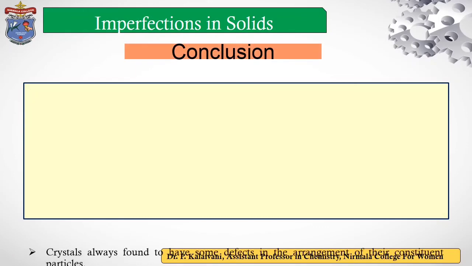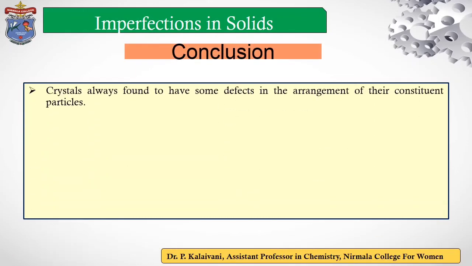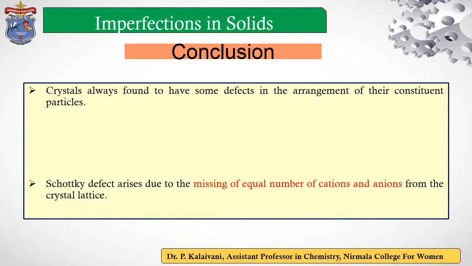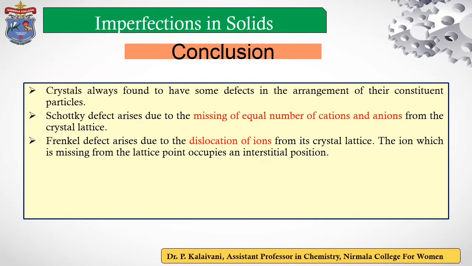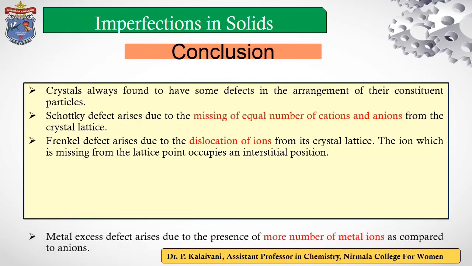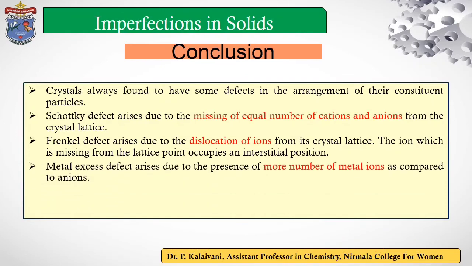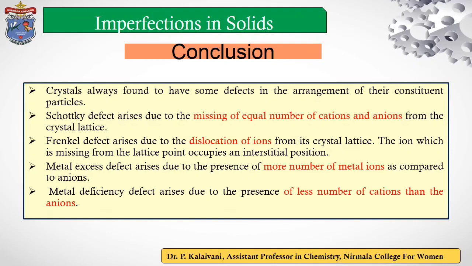Finally, we conclude, crystals are always found to have some defects in the arrangement of their constituent particles. Schottky defect arises due to the missing of equal number of cations and anions. Frenkel defect arises due to dislocation of ions from its crystal lattice. Metal excess defect arises due to the presence of more number of metal ions compared to anions. Metal deficiency defect arises due to the presence of less number of cations than the anions. So in this module, we learnt about